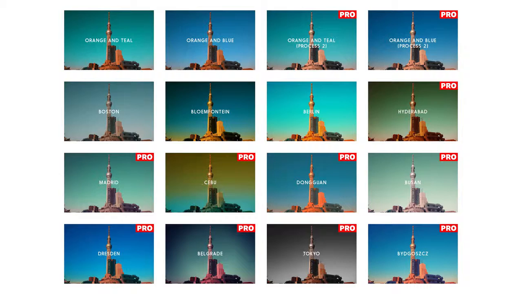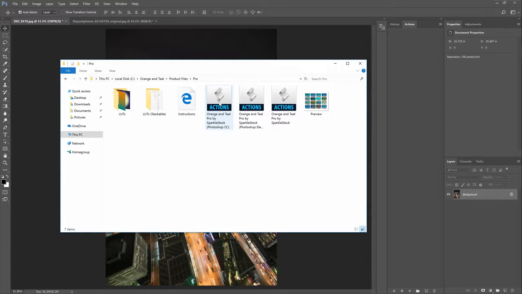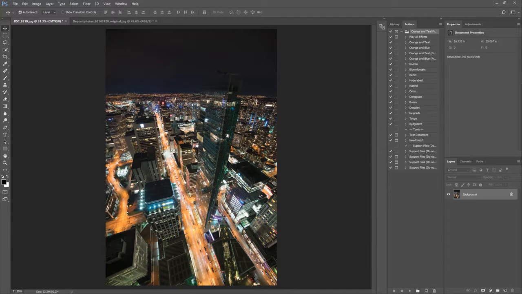If you upgrade to the Pro version, you'll get a lot more features. First of all, if you upgrade to the Pro version, thank you so much for supporting my channel, I really appreciate it. In the Pro version, you'll get 11 additional looks. Just like with the free Photoshop actions, all of the layers are fully editable and non-destructive. The Pro version takes it a step further with a special version just for Photoshop CC. If you use any of my other products, you'll know that I really try to make use of all the